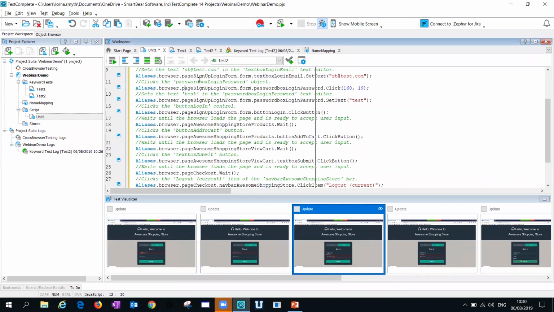If you're wondering what language the script is, it depends on what you select up front. So we support 7 of the major languages. So JavaScript, VBScript, Python, C#, C++, and a couple of others. So yeah, we're well supported here if you prefer to work with the script. And as I mentioned in the first demo, I actually recorded a keyword test. But if you don't want to work with keyword tests, you can jump right in and record a script.